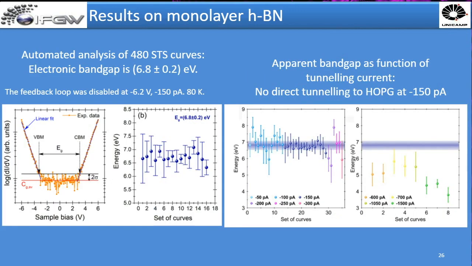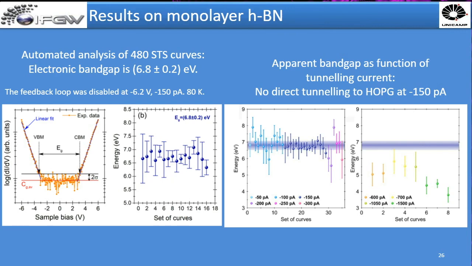Well, the first thing that we wanted to do, looking at the sample, was to get its electronic properties. So we wanted to measure the band gap because it was not very well known. And it's a kind of challenge because the band gap is really high, but it's a challenge that STM is really suitable for, because there is no problem going to high voltages there, as it's a problem to get a 10 electron volt laser, for instance. And we did it very, very